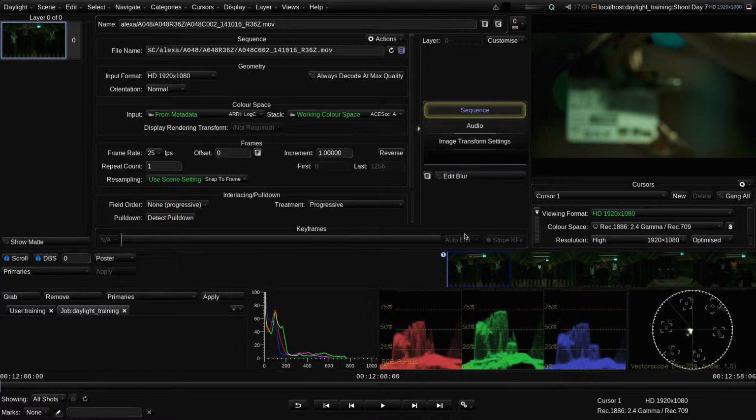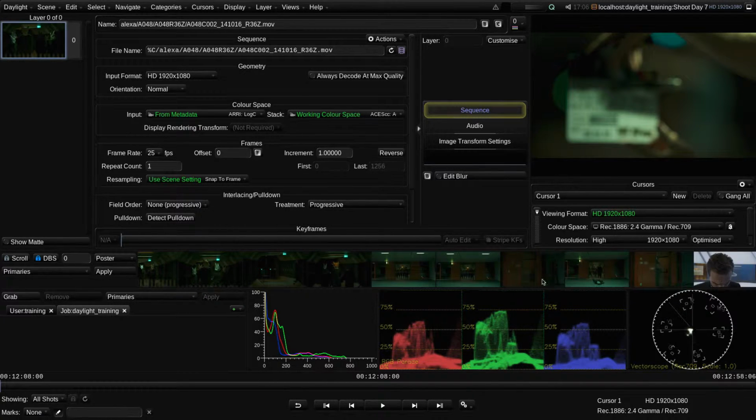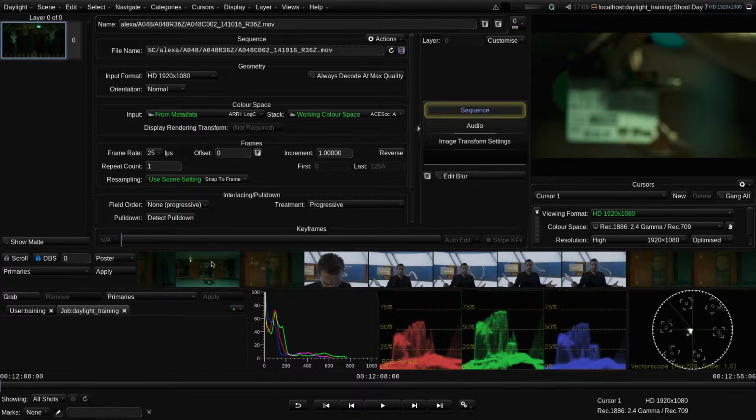Right, so this is the Grade workspace. The Shots view in the Player workspace has been replaced with this row of thumbnails, which we refer to as the Cuts view. It shows the shots in the order they were selected in the Shots view and acts a bit like a timeline. We can drag the shots left and right using the mouse, and we can scale the thumbnails by dragging the top or bottom splitter bars.